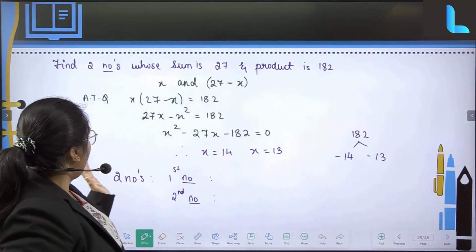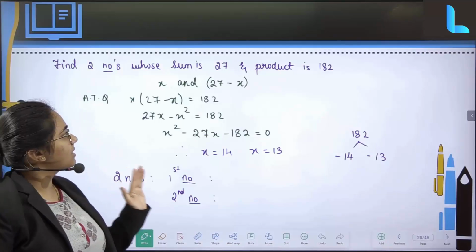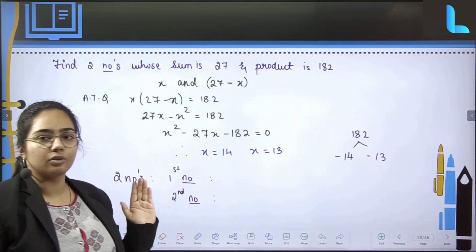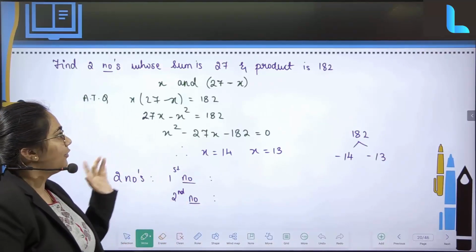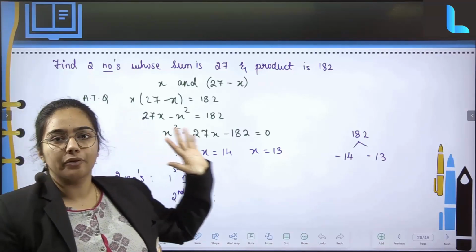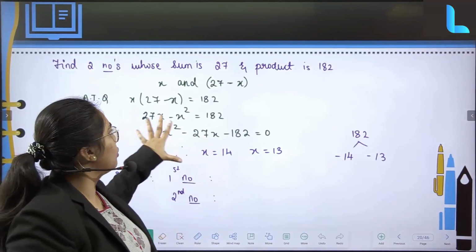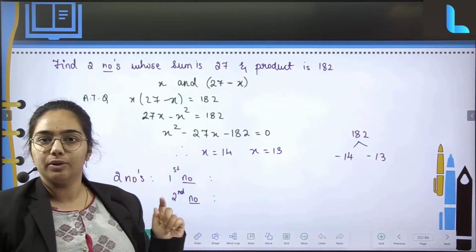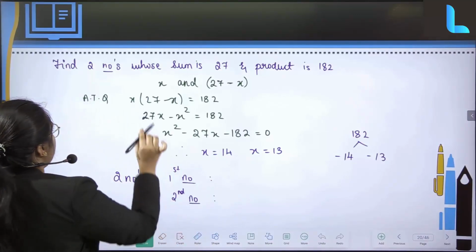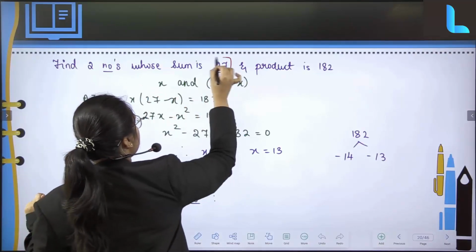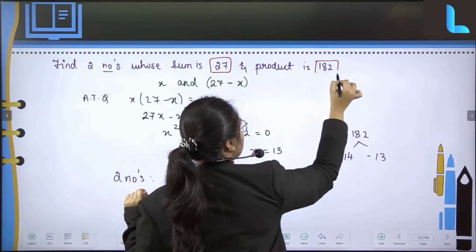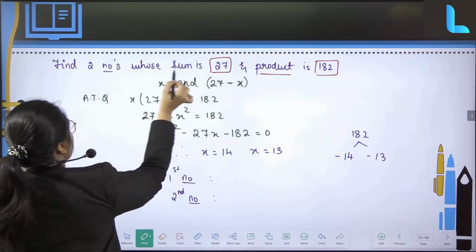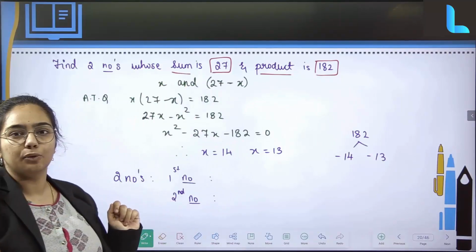Clear? Find the two numbers whose sum is 27 and product is going to be 182. First and foremost, whenever this type of question is given, it is usually going to be one linear problem, that is, only the x variable would be contained. Now, find two numbers whose sum is given and whose product is also given, right? So first and foremost, we have to consider two numbers.